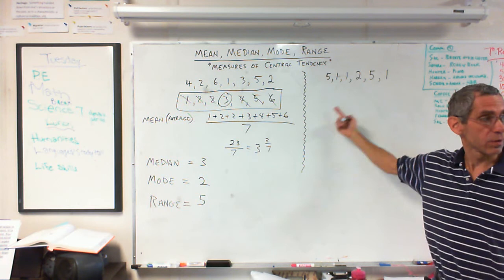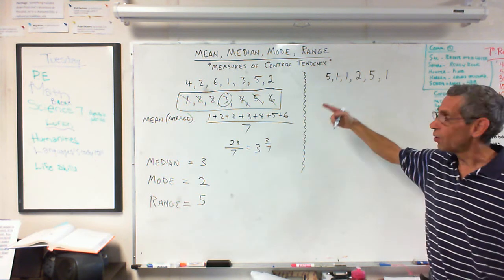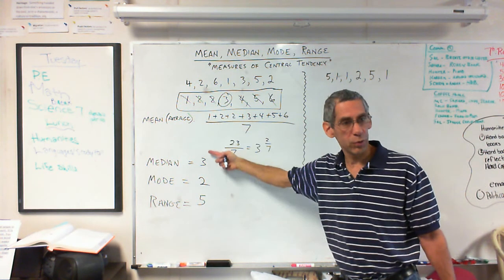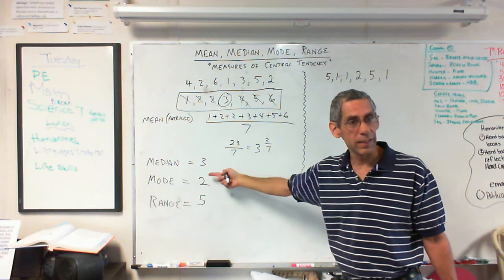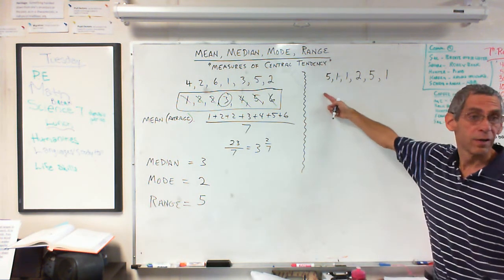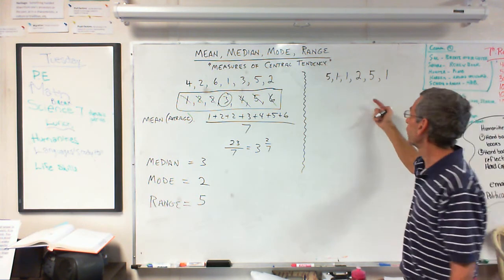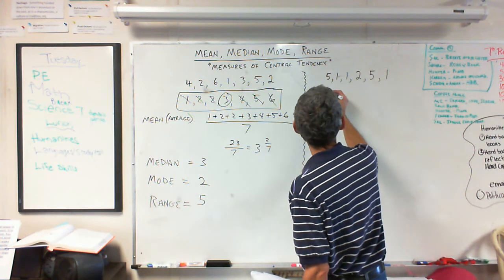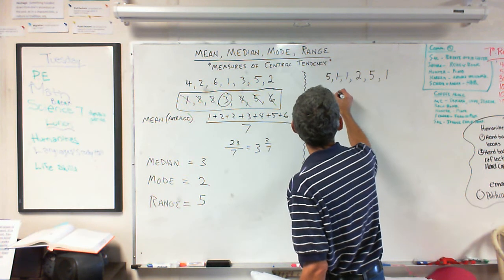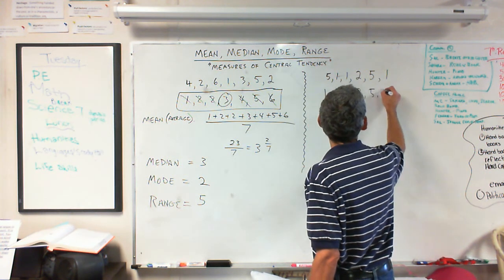There's one set. Now we're going to do a different set because only one of these has a particular complication, which is the median. It has a complication if you have an even number of numbers in the set, right? So we're going to do this one too. We're going to put them all in order from least to greatest: 1, 1, 1, 2, 5, 5.